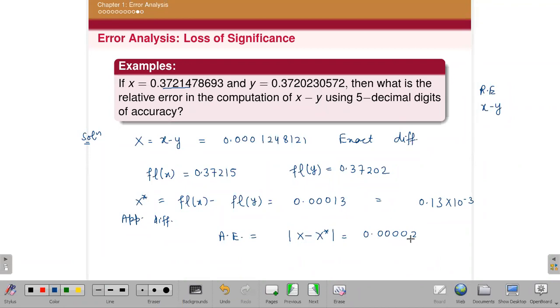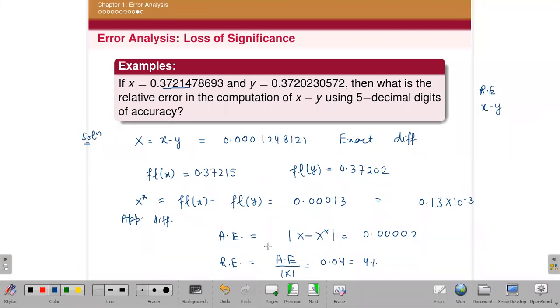So it is 4 times 0, which means it is a good approximation, I will say, because it is approximately equal to 0. But if I find the relative error in this case, then I will get 0.04. It is a 4% error, so that I cannot ignore. So from simply looking at the relative error, I cannot say it is a good approximation. It is a 4% error in this difference of these two numbers.